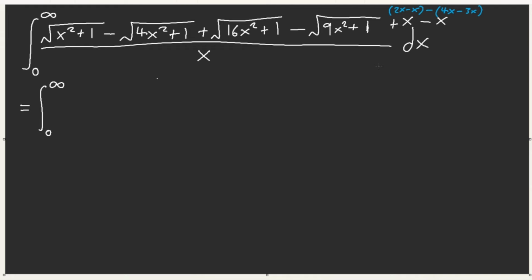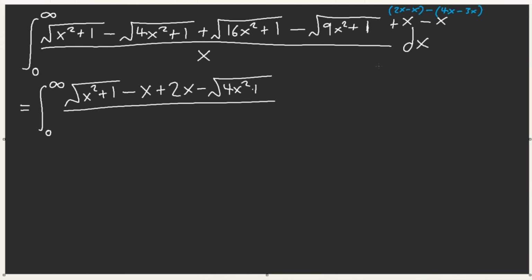Aha! So that's what we're going to do. So in that case, when we apply plus x minus x, we get x squared plus 1 minus x plus 2x minus 4x squared plus 1. And then here we get 16x squared plus 1 minus 4x minus 9x squared plus 1. This would be plus 3x